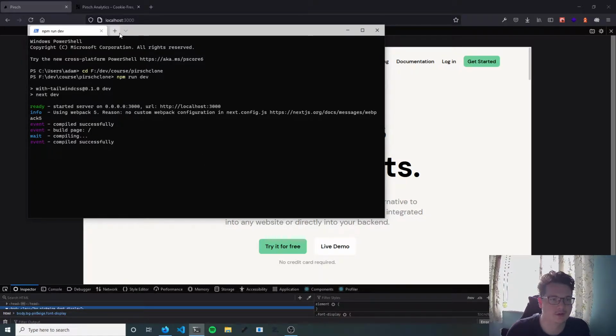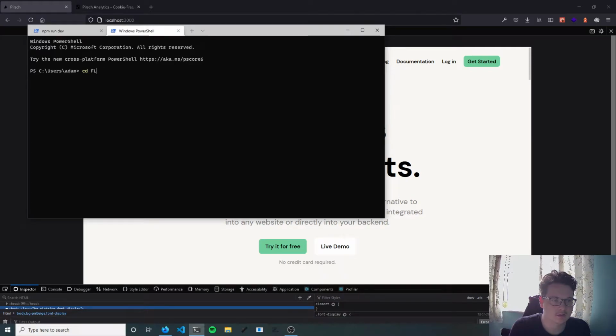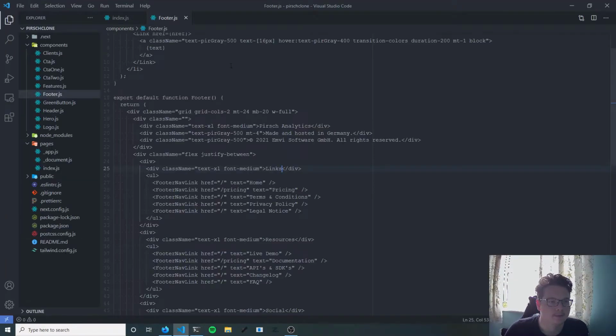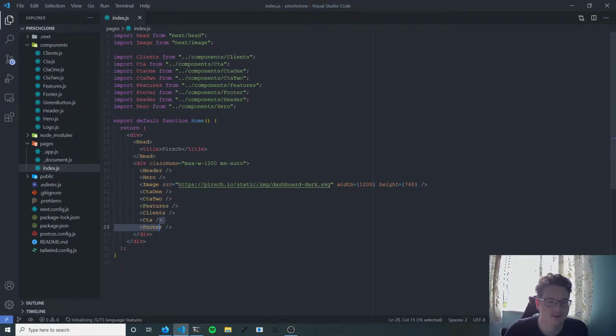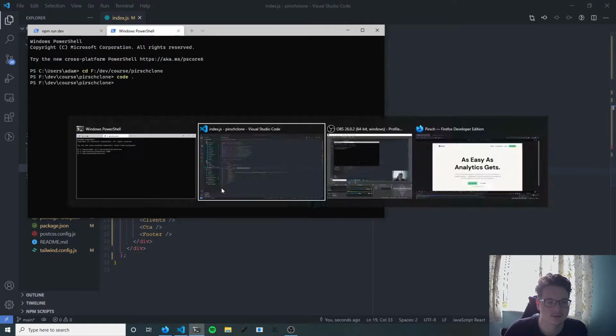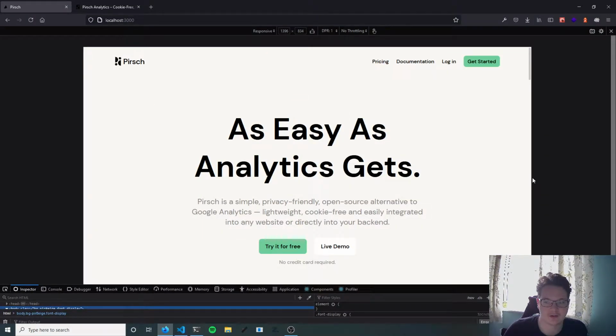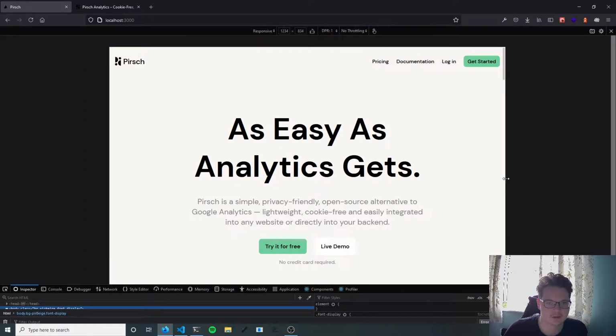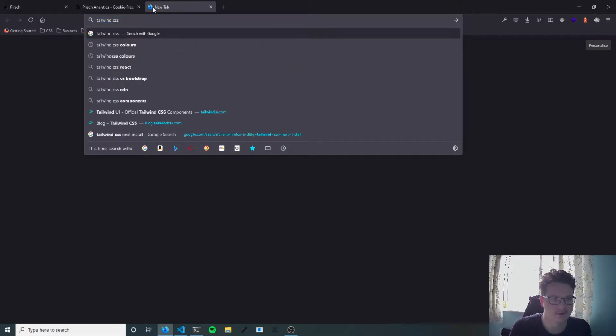So let me actually open this up in VS Code. It's on my other hard drive. Pirsch clone. So let's open that up. So we have got this div wrapping everything. So we're saying the max width of the div is 1200. But of course with ours, it will get to exactly 1200. So we want to say 1235. So let me just have a look at